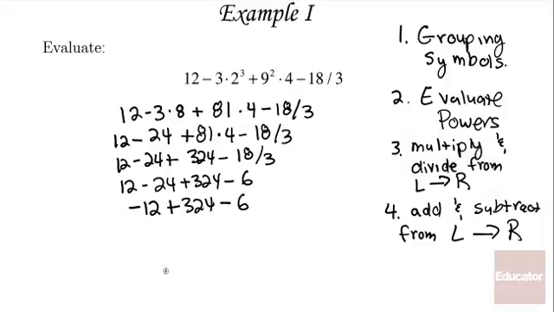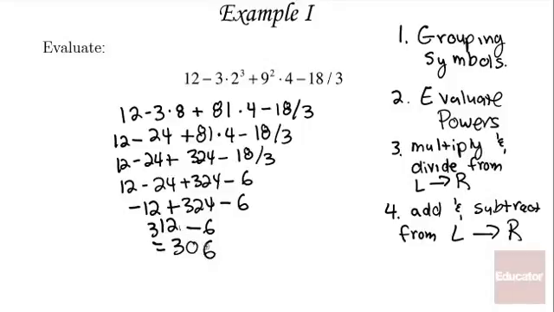Combining negative 12 and 324 gives me, oops, actually, it gives me 312. So 324 minus 12 gives me 312 minus 6. And the result is